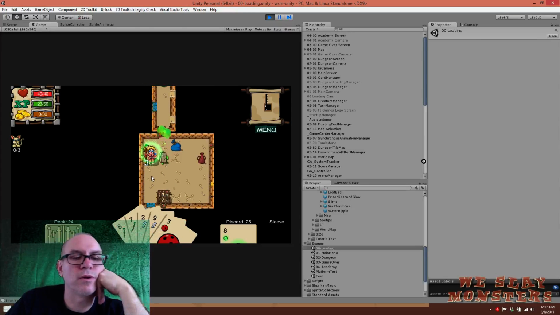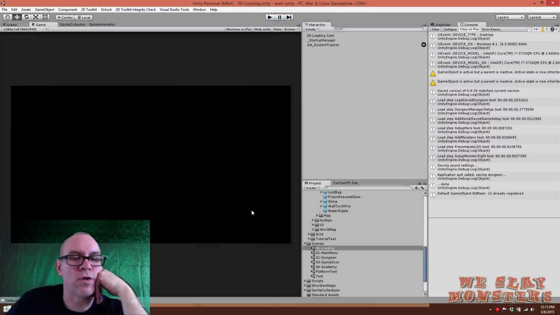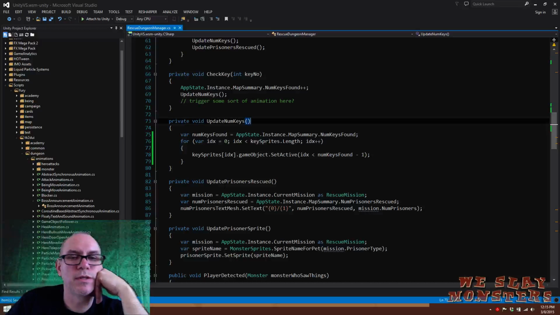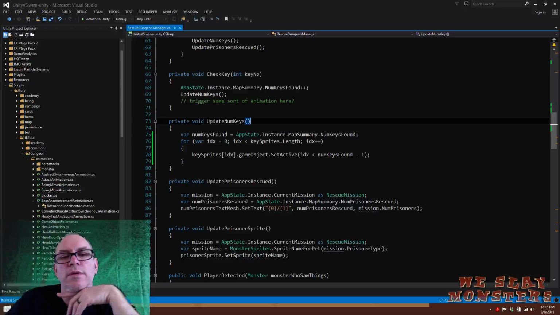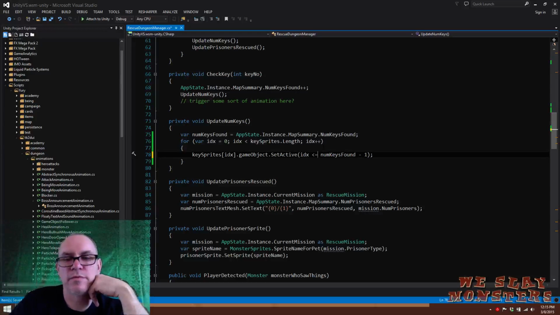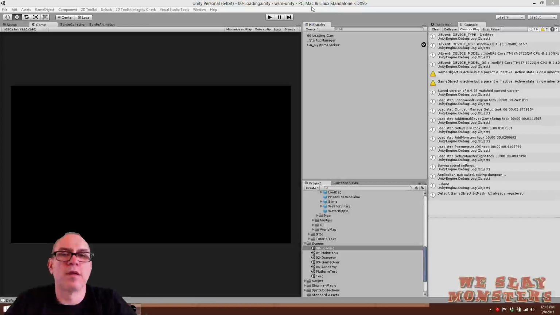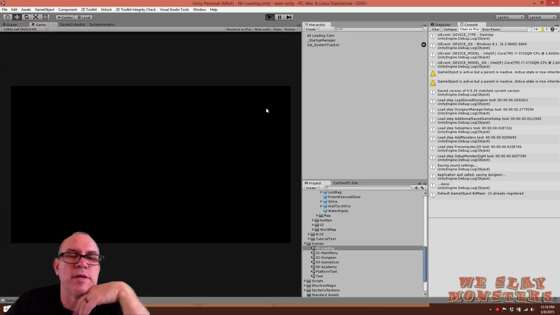And that did not work. So my logic is clearly just wrong. Let's see. So I want to set it active if index is less than the number of key found. So I have less than or equal to. Yeah, I think that's right. So actually I should just be able to load this back up and then the key should appear